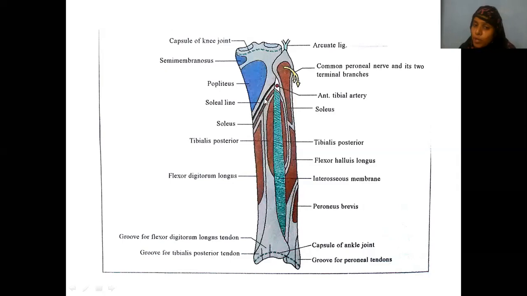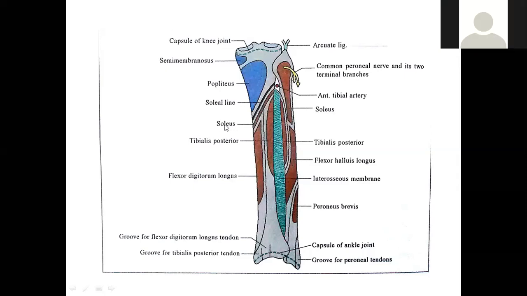Insertion is here. Soleal line, because popliteus is a 5 marks question. Again, we will study it anyhow when we do popliteal fossa, but you should correlate. If you remember now thoroughly, it will be a revision there for you. Soleal line is seen on the posterior aspect of tibia, right? So soleal line is giving origin to which muscle here?